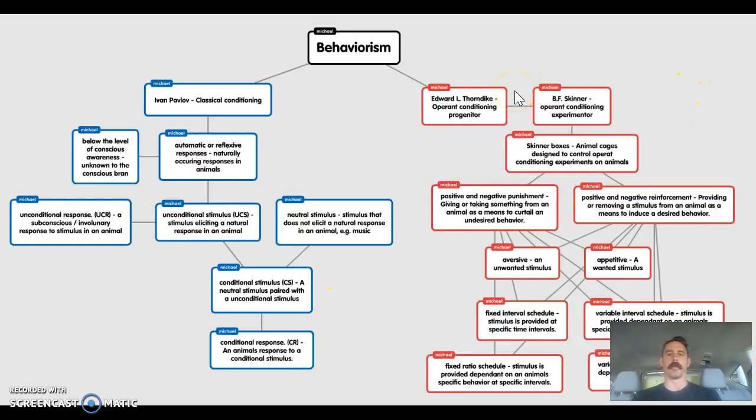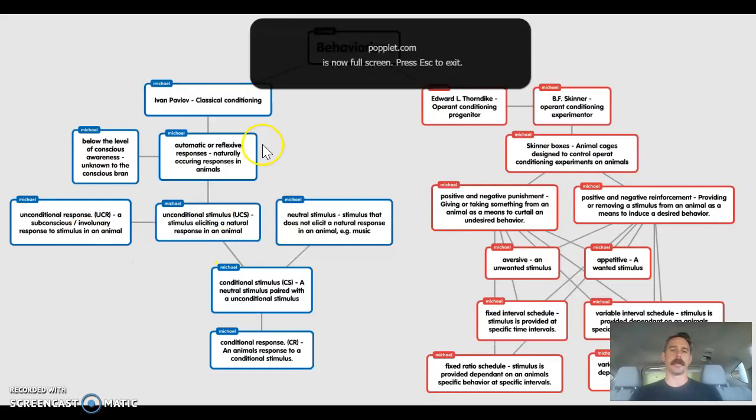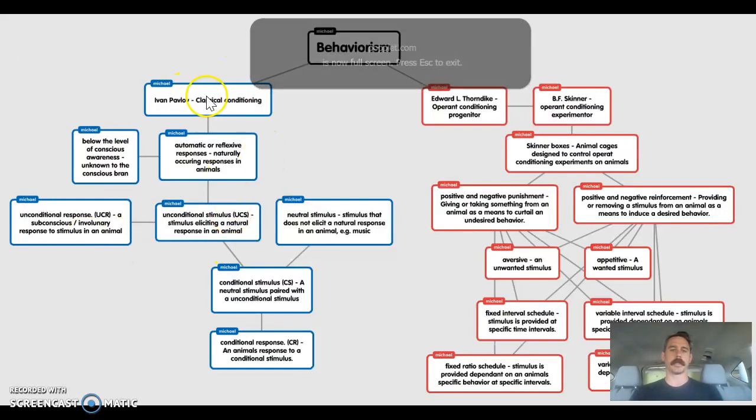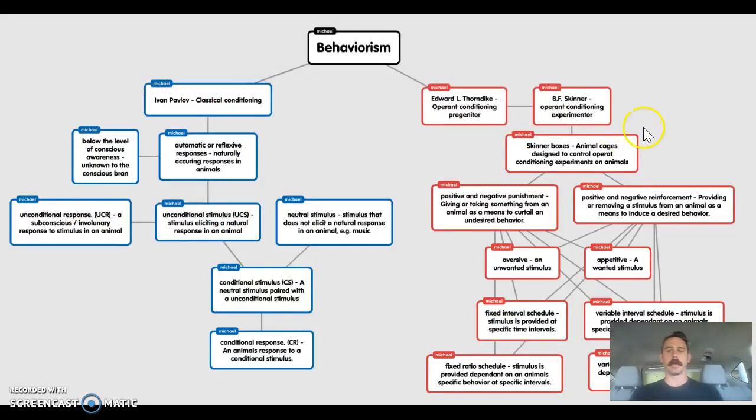I'm going to give you an overview of my behaviorism concept map from the backseat of my car. I separated this concept map into two categories. The first being classical conditioning, and the second being operant conditioning. Classical conditioning dealing with subconscious or automatic reflexive responses to stimulus, and operant conditioning, which deals with voluntary or conscious